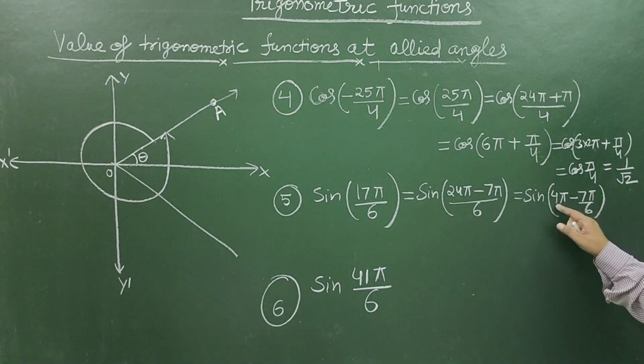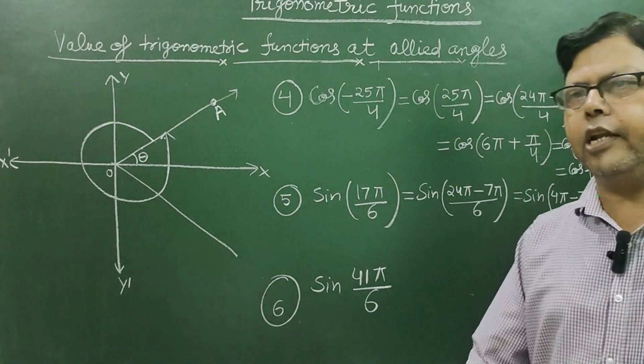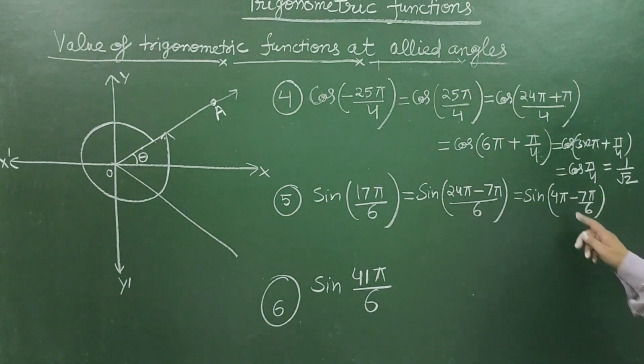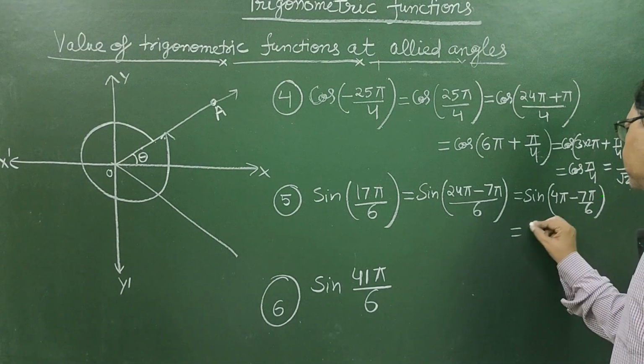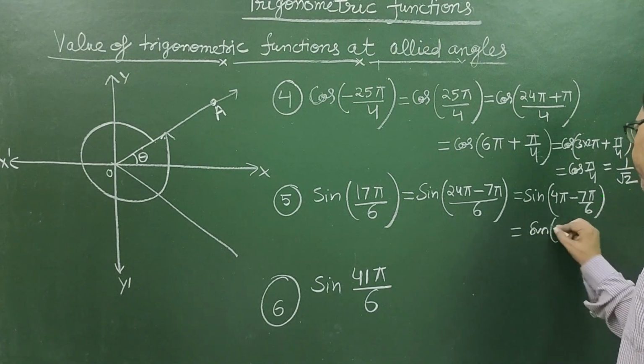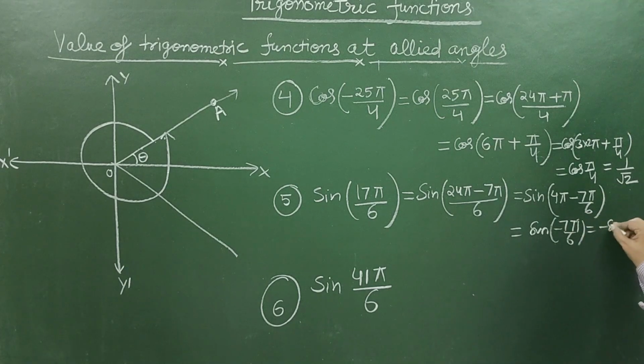Multiple of 2 pi here, 4 pi is a multiple of 2 pi, n into 2 pi. So this is equal to sine of minus 7 pi upon 6. That is minus sine 7 pi upon 6,